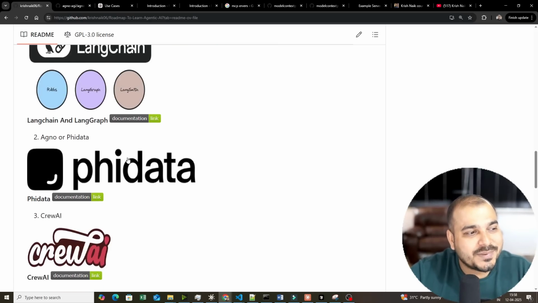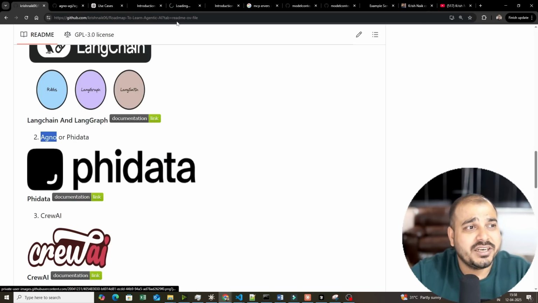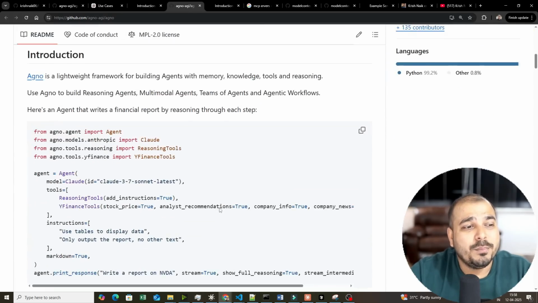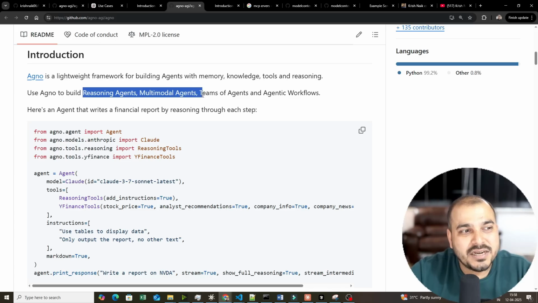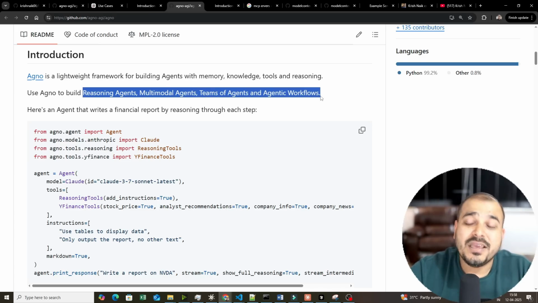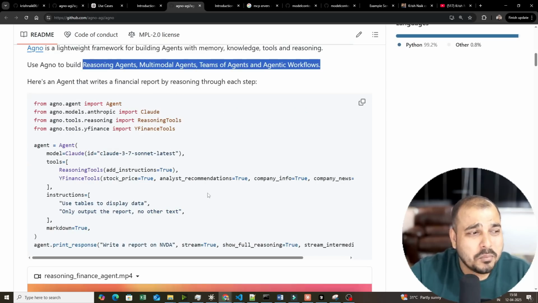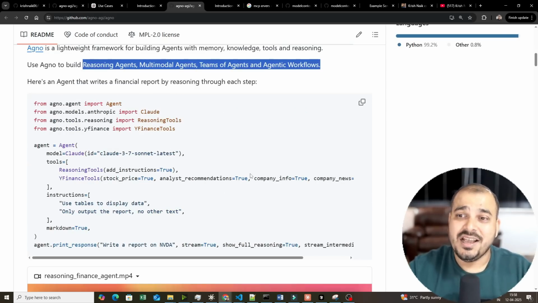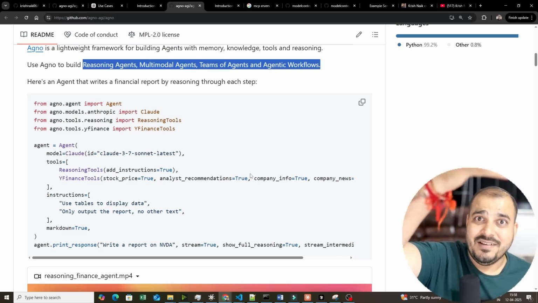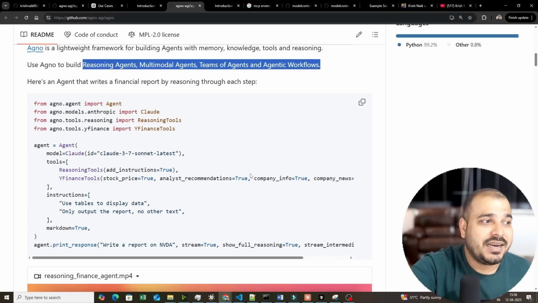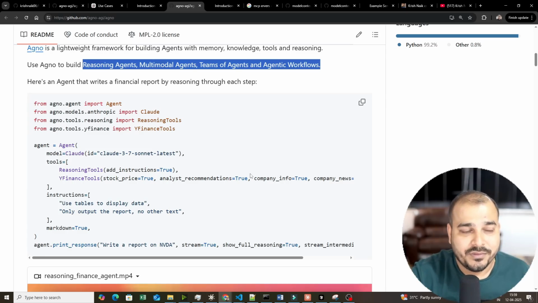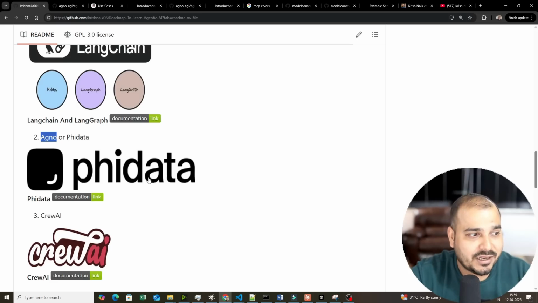Now once you know all these specific things, then we go to the next framework, which is called Agno or PhiData. Recently this PhiData name has been changed to Agno. And Agno's advantage is that if you just go ahead and see the documentation link here, you will be able to build AI agents in a very easy way. Here you will be able to build reasoning agents, multimodal agents and all. And here you will also be able to build agentic workflows. I think this is the easiest way to create AI agents. But my suggestion would be that first of all, learn LangGraph, and then you get a very good understanding of how to build agents with the help of Agno. Okay, so learn in that specific pattern which I'm showcasing.